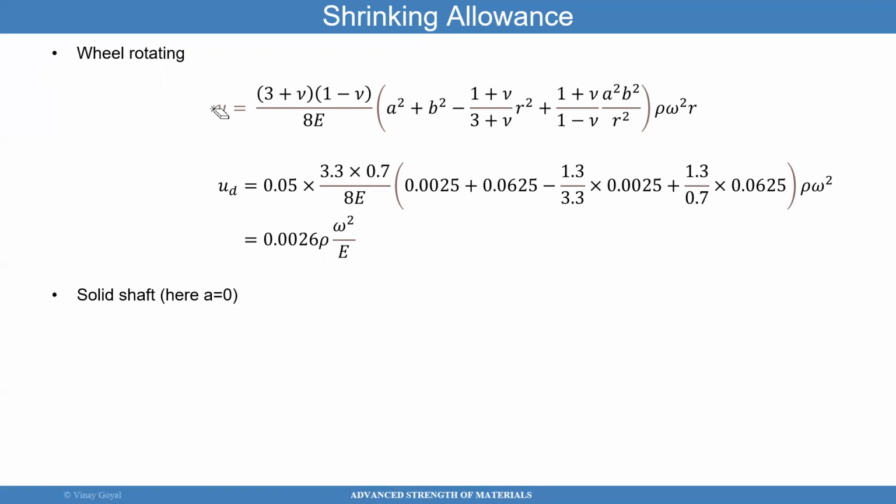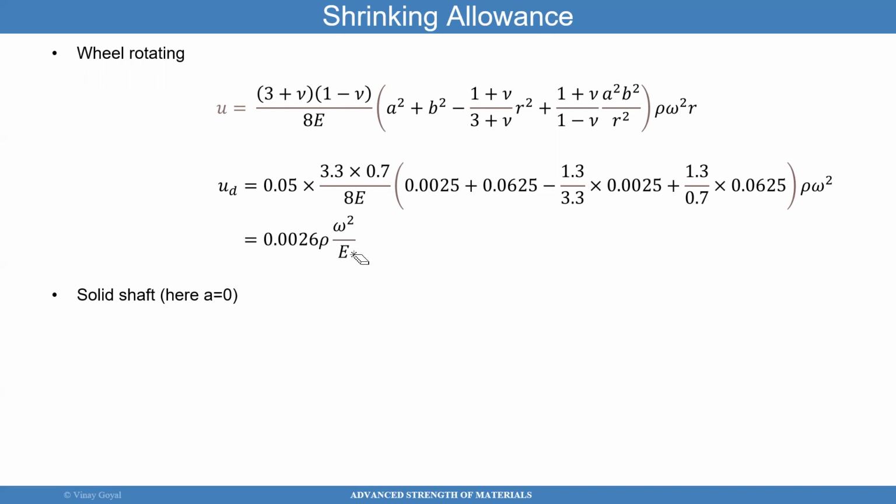I'm calculating the deflection right at that boundary where the two materials meet. So that's 0.025 at r equals A, basically the inner radius. And then I have rho, the density, and omega, the speed. So anyway, when you plug all that in, and I invite you to do it at home in the comfort of your home, you get that the wheel rotating is going to produce a radial deflection of 0.0026 rho omega